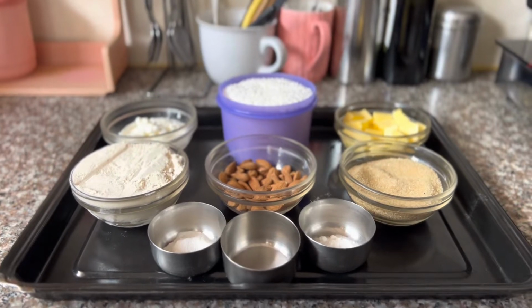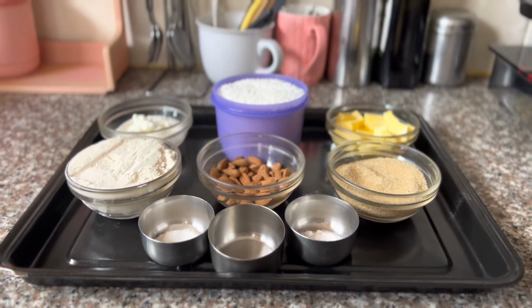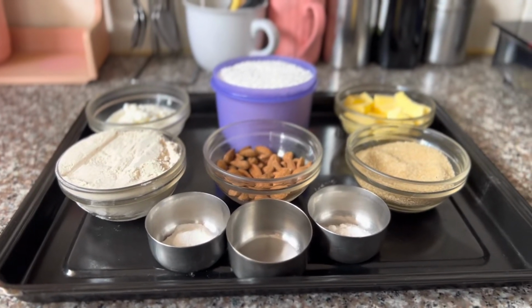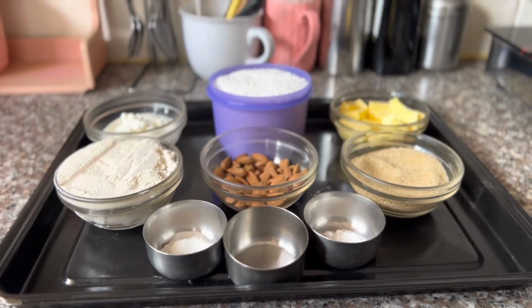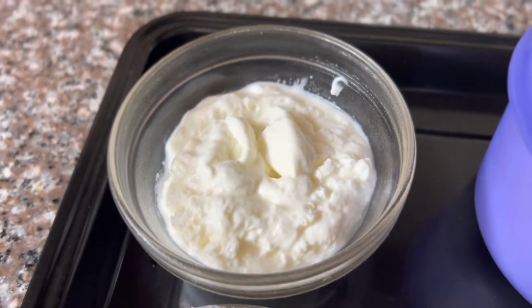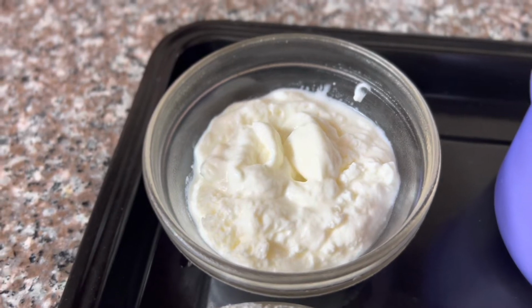We meet again with a new recipe, and today again I am going to do a very different recipe for you. So let me go through the ingredients. The first ingredient is the yogurt. This is homemade yogurt, and